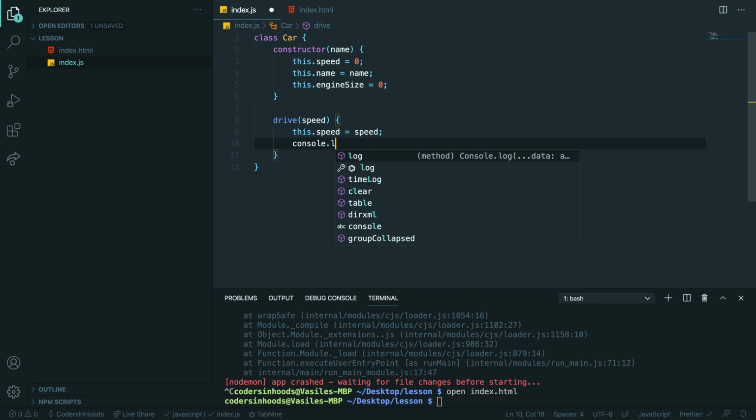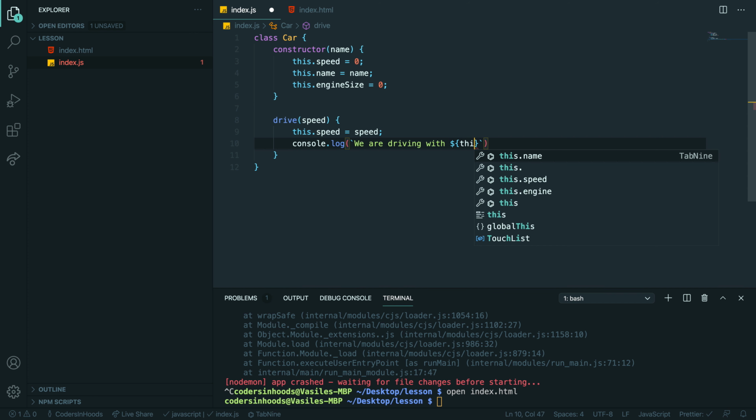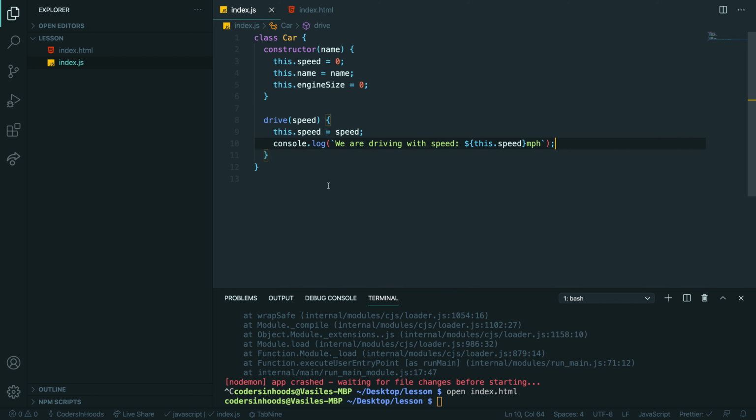And let's say console.log, we are driving with, let me just use interpolation. Sorry. So we are driving with this.speed, or maybe with speed, something miles per hour. Yep, something like that. So now, for example, we can create another class,